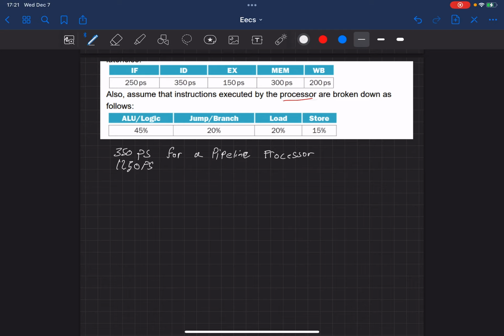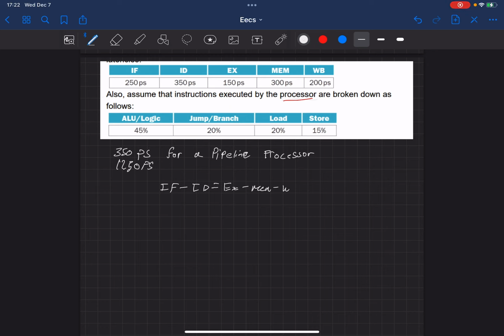Now, part B, it asks, what is the total latency of a load word instruction in a pipelined and non-pipelined processor? So for a pipelined processor, we have to have all 5 stages, and all 5 stages theoretically take 350 picoseconds. Why? Because if it's pipelined, using that box example as before, we're going to have to be able to fit one of those smaller boxes inside that big box, right? So we're going to have instruction fetch, instruction decode, execute,